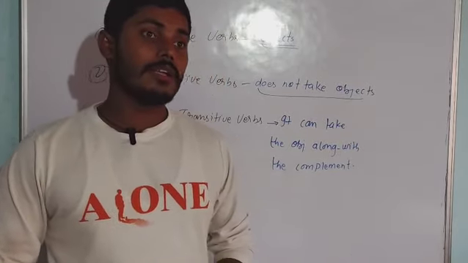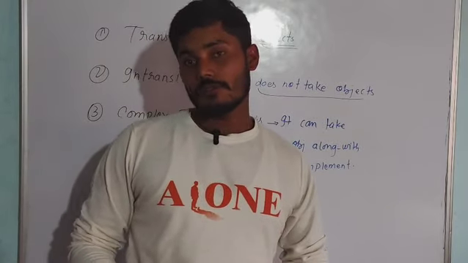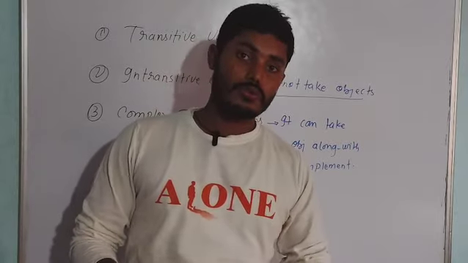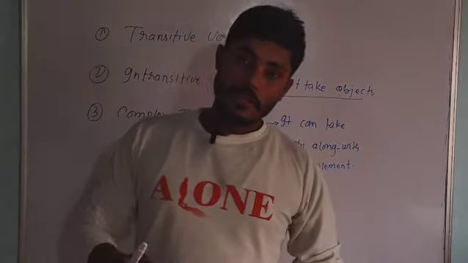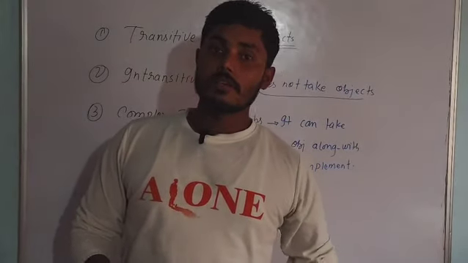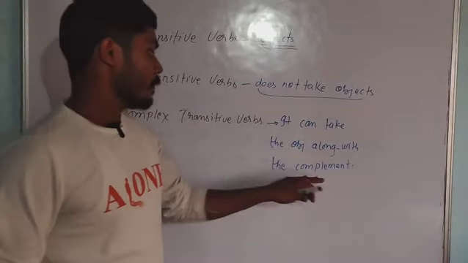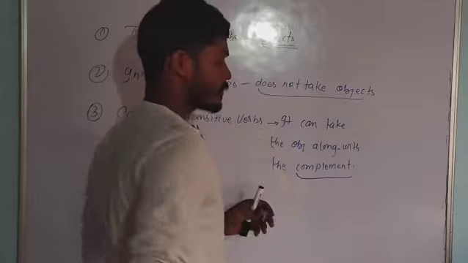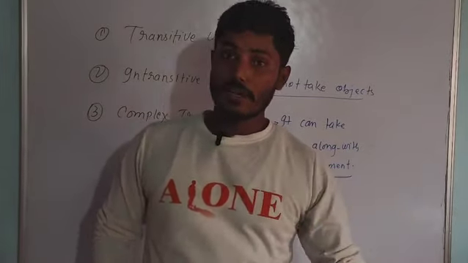And for finding very easily in the sentence whether a particular word is object or not, you have just two question words like what and whom. With the help of what and whom, you can easily find out whether an object is given in the particular sentence or not. And if we talk about the complement, it is a noun, a pronoun or adjective